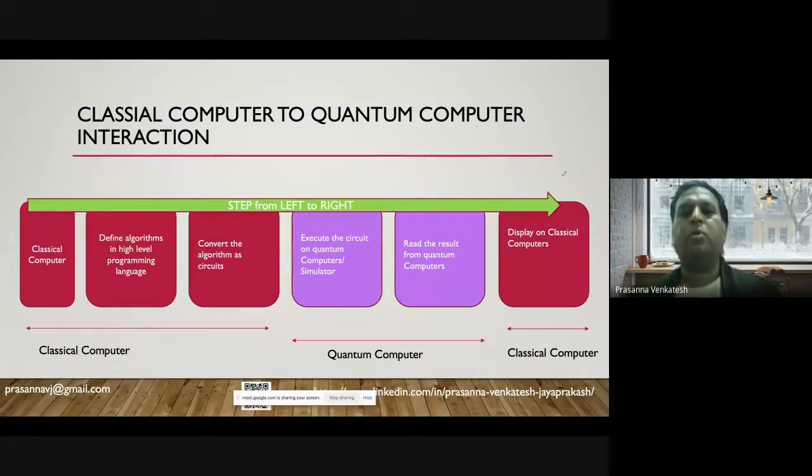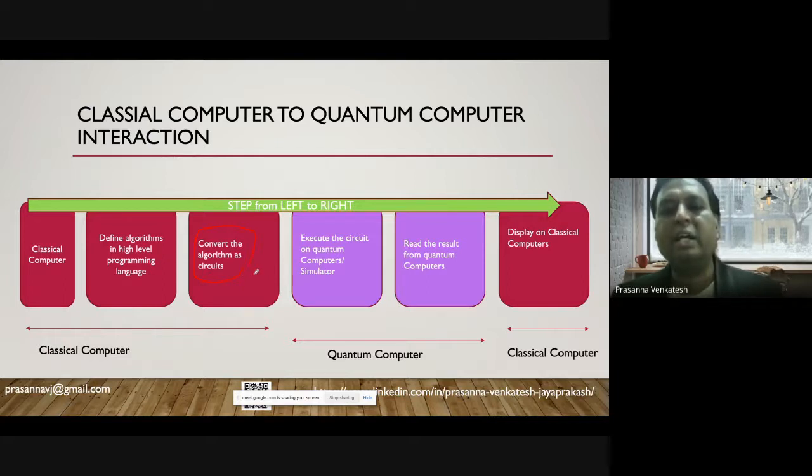So how do the quantum and the classical computer interact with each other? You have a problem that you want to solve. It could be a traveling salesman problem, or you want to optimize your machine learning algorithms, and so on. In the classical computer, you define your algorithm in any high-level programming language, and you convert the algorithm into a circuit.